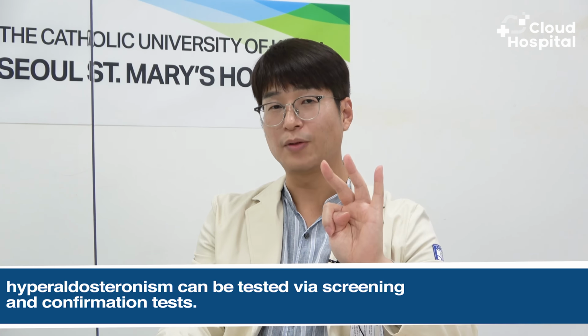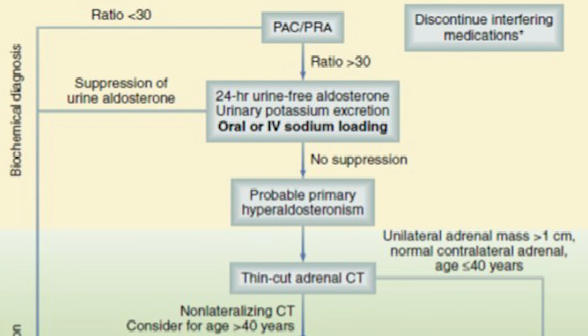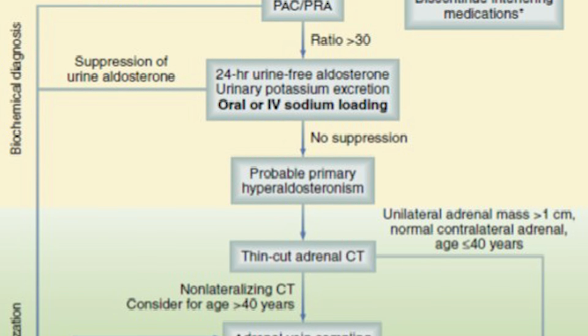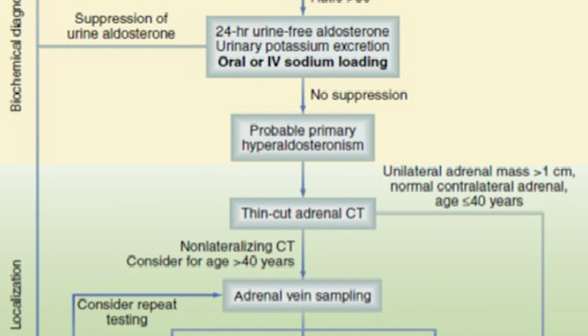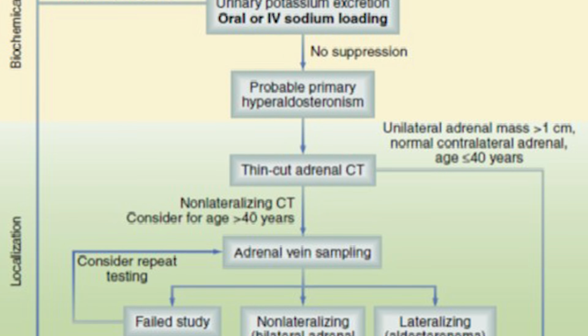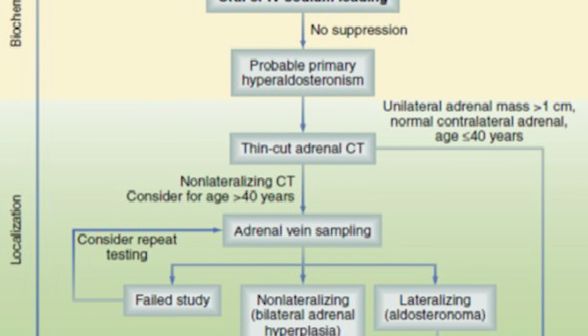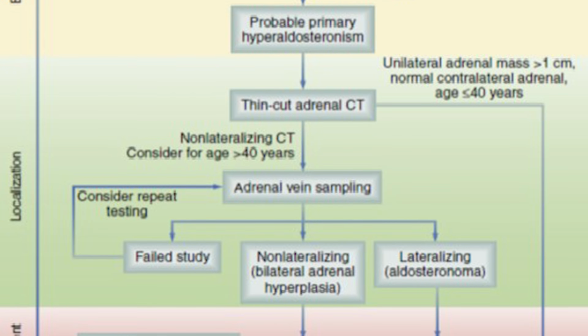What are the methods for diagnosis of hyperaldosteronism? Like Cushing's syndrome, hyperaldosteronism can be tested via screening and confirmation tests. Screening is a test that measures the concentration of aldosterone in the blood, the concentration of renin, and the level of potassium. Among them, the ratio of aldosterone and renin is measured, and if the ratio increases by a certain percentage, hyperaldosteronism is suspected,